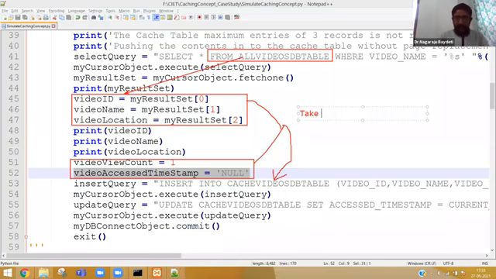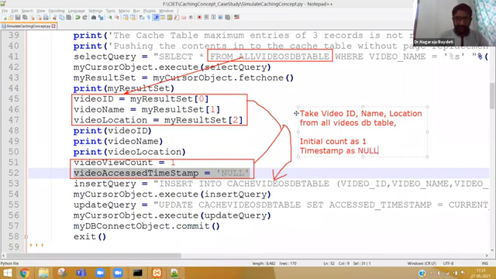Take video ID, name, location from the all videos DB table, initial count as 1, timestamp as null, and insert these values in the cache table initially.